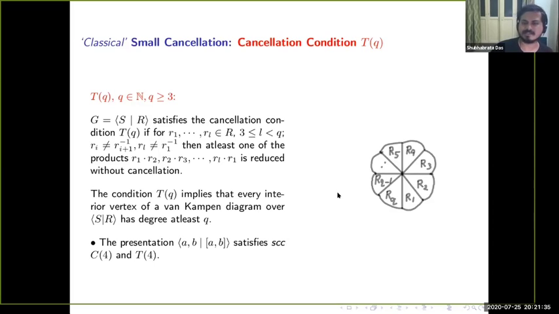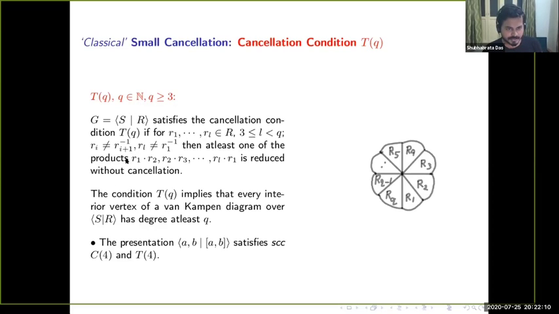Okay, so there is a next condition, which is called the TQ condition, and we won't be using this condition much in this survey. But still, for the sake of completeness, this is a condition. The definition itself doesn't look very obvious, but you see here that if you have L relators, L at least 3, the presentation satisfies TQ if you have less than Q relators, greater than or equal to 3,